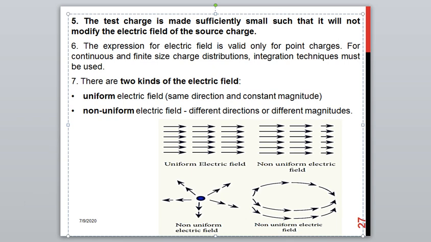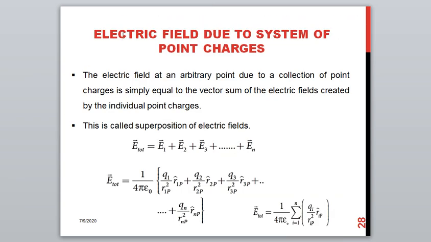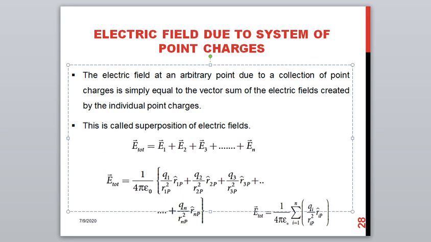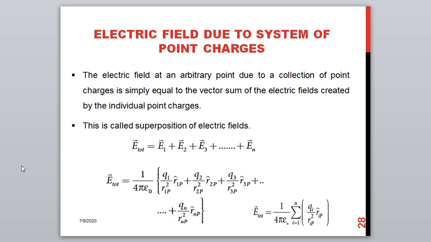This is all about the aspects of the electric field. The next topic is the electric field due to a system of point charges. A system of point charges means I am going to consider multiple point charges and calculate the total electric field around all the charges on the whole. It is similar to the superposition principle of force, where we discussed the force on one particular charge by n number of charges. Here you are going to calculate the electric field due to multiple charges.